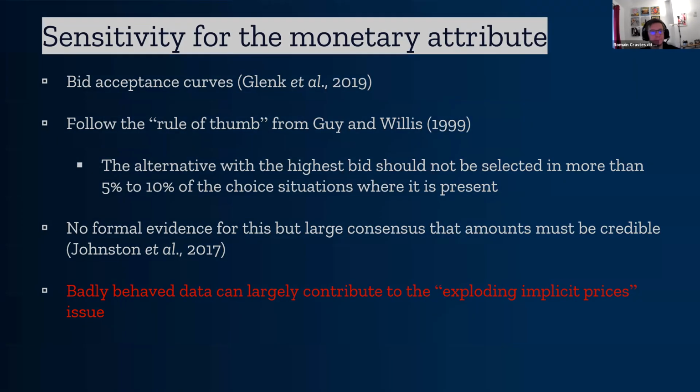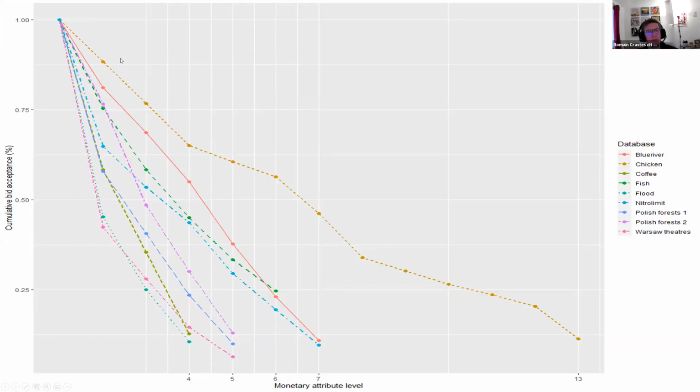And so this is a cumulative bid acceptance curve. So here you can see the monetary attribute level. All these different data sets have different price levels. One has 13 price levels, another one has 7, and so on. But what one needs to look at is the percentage of respondents who have selected the highest price range in each data set. And here we can see that most of our data sets are well behaved, apart from the